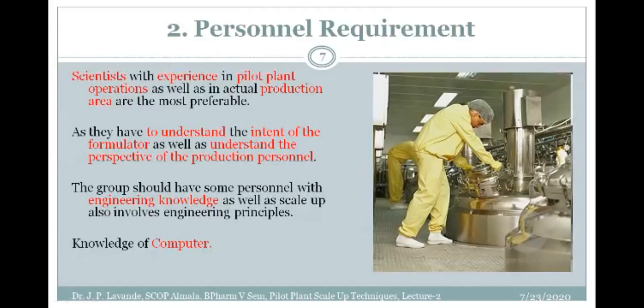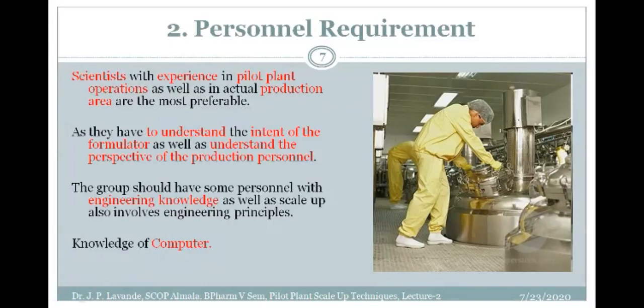The second consideration is associated with the personnel requirement. We require people from the scientist community, people who are experienced, people who are qualified. We require people with knowledge of pharma, knowledge of engineering, and knowledge of computer technology, because whatever new instruments are coming are going to be operated or are digitized ones. And in order to handle all these, we should have people from the discipline who know how to handle the computers.